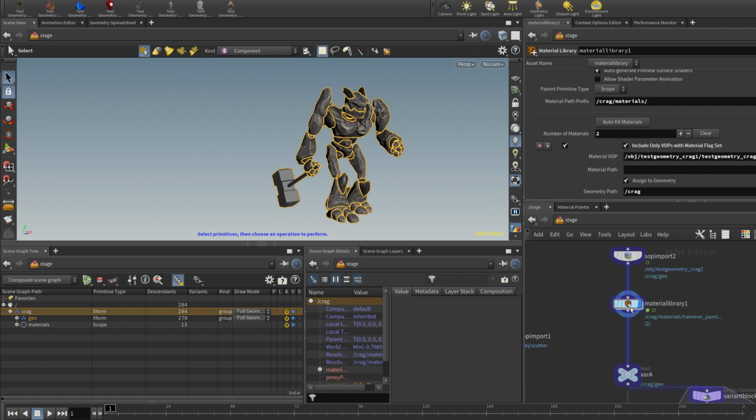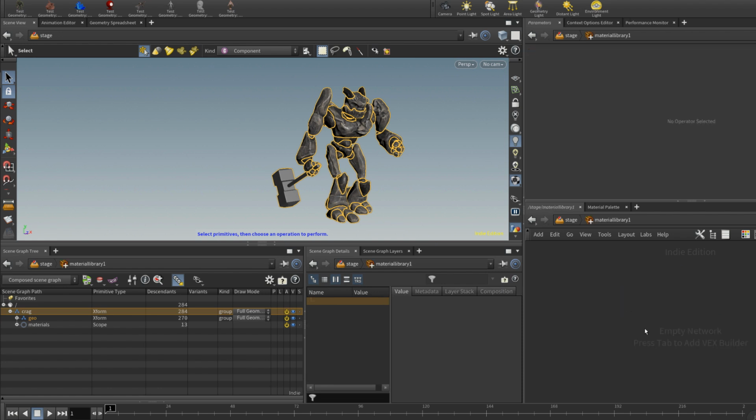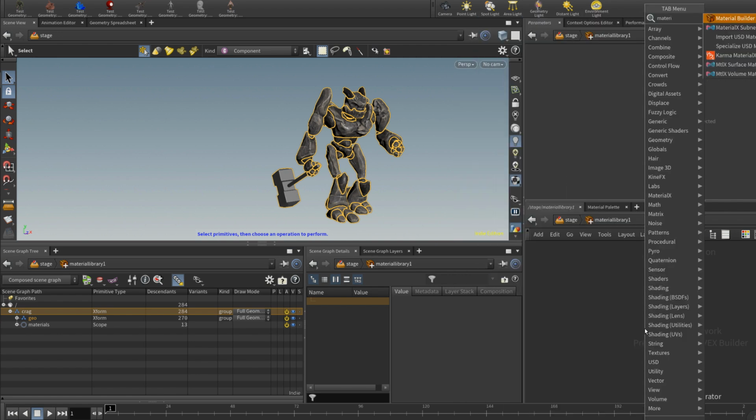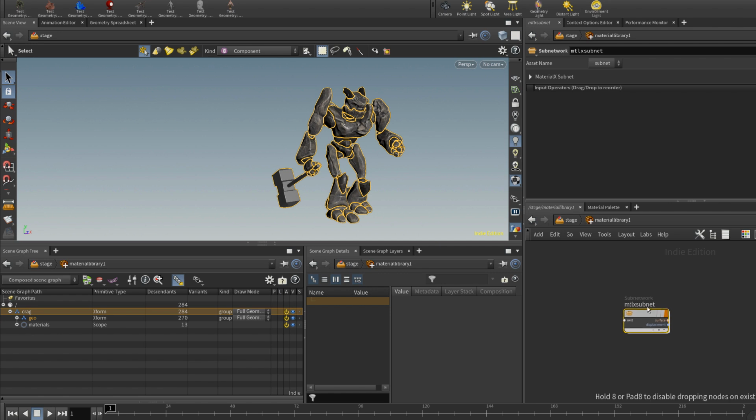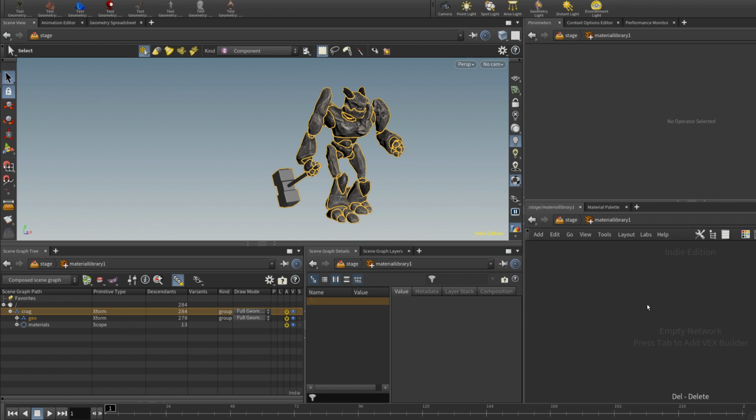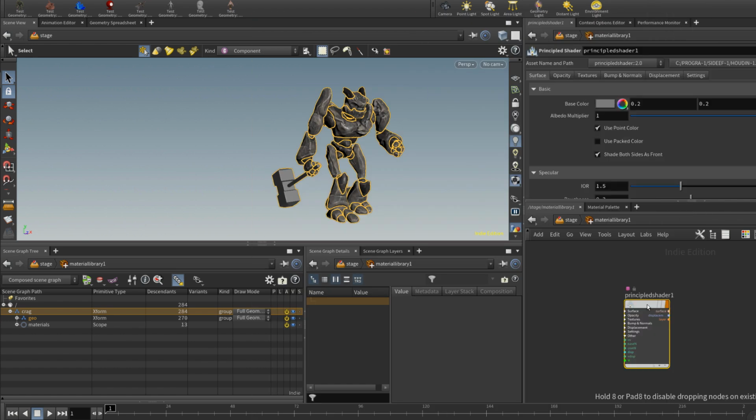So to do that, we can just dive inside the material library and create any material. The materials we've been importing are principled shaders, which are fine with Houdini, but might not work in other applications. MaterialX would be a standard way to share materials across packages, so I would rather encourage you to use that. But for now, since we are just staying in Houdini, we'll just use our good old principled shader. We'll talk about MaterialX in the next video when we talk about Megascans.